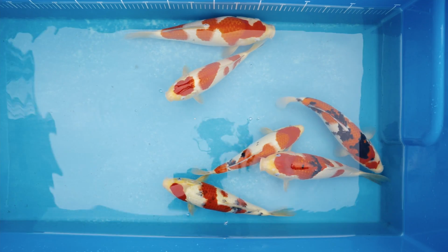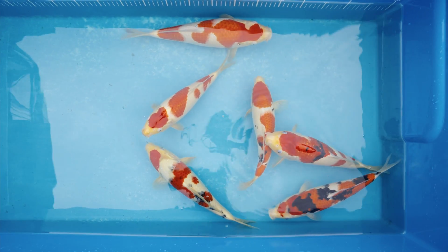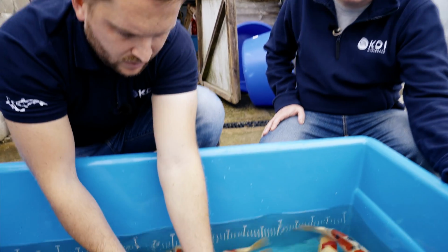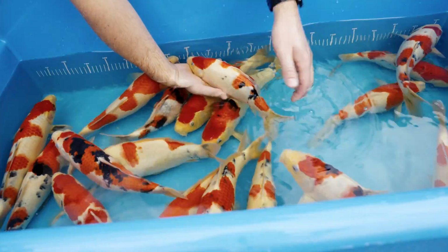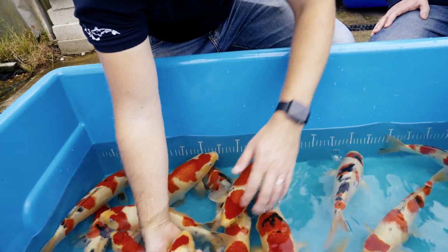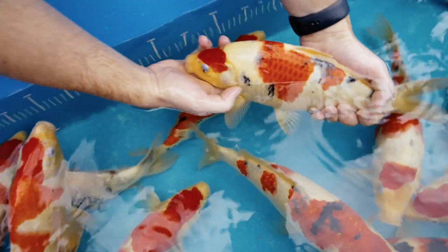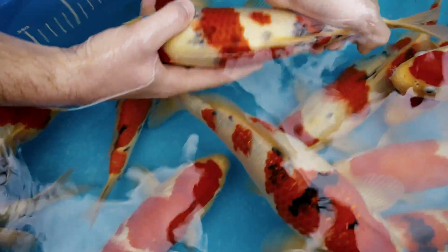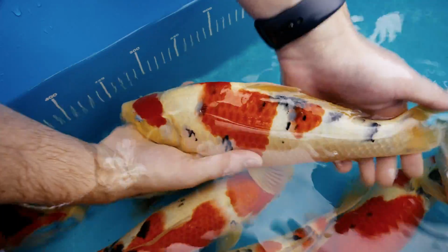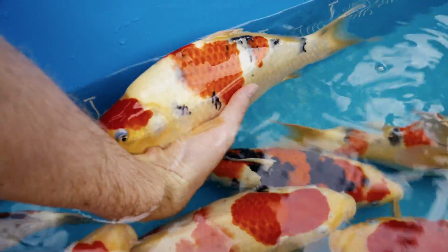Last fish I want to take a look at and one to follow. This is quite an interesting one. Sorry, this Sanke. Now this it's a type of sumi I want to look at here, because if I show you these two fish, with this one here we can see sumi sat underneath the skin in the bluey kind of texture. Now that's looking bluey grey because that's sat underneath the skin as it stands,